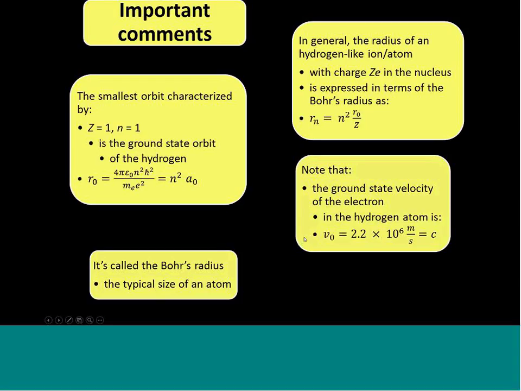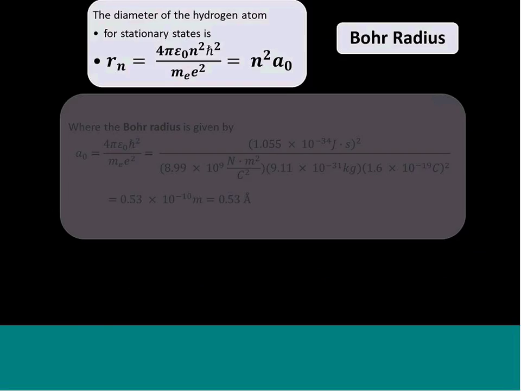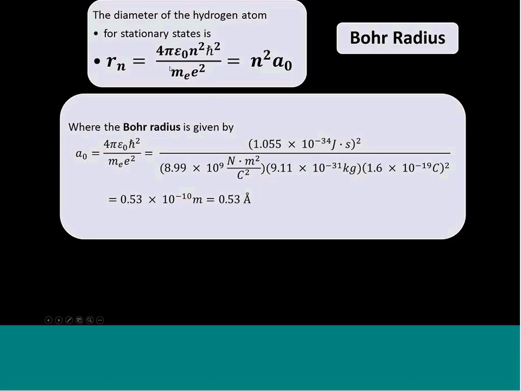So here the ground state velocity of the electron of hydrogen adalah V0 equal to 2 darab 10 kuasa 6 meter per saat. Di sini almost near to C. This is non-relativistic. Just repeat the same thing. This model, this is how we get the A0,